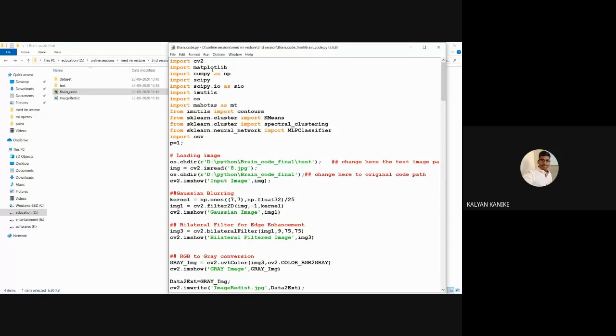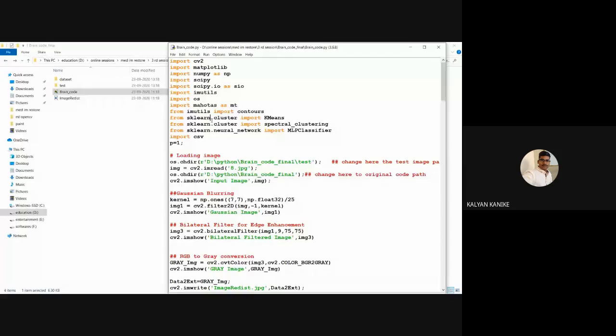So CV2, Matplotlib library, NumPy, SciPy, IMutils, Mahotas, Sklearn. So here for each and every package, individual advantage is there. CV2 means we know already about the images related, like to read and show the images we will use.